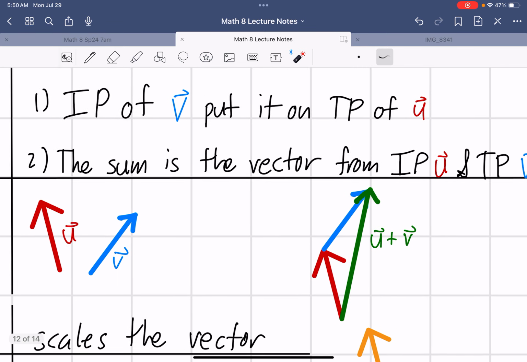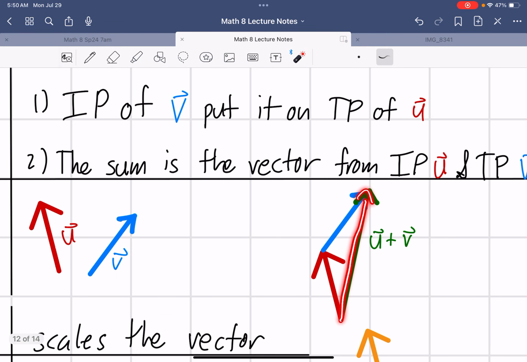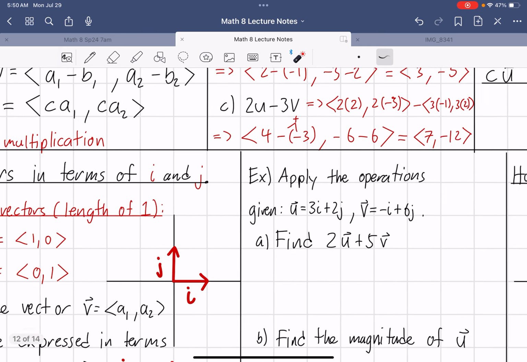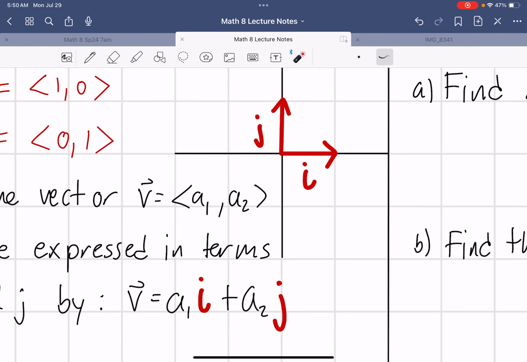And then you go from initial all the way to terminal to make your new vector. So what's happening here is, because these vectors have length of 1, this number here, right? What does it look like when you multiply by a non-zero constant to a vector? We call both of these essentially